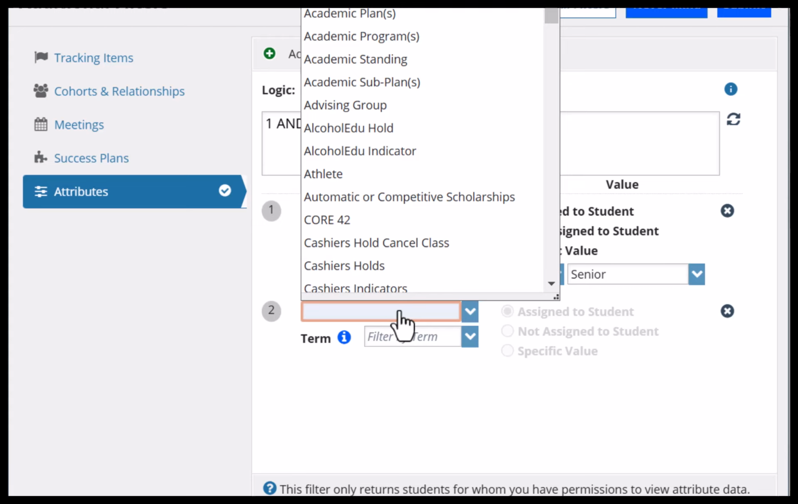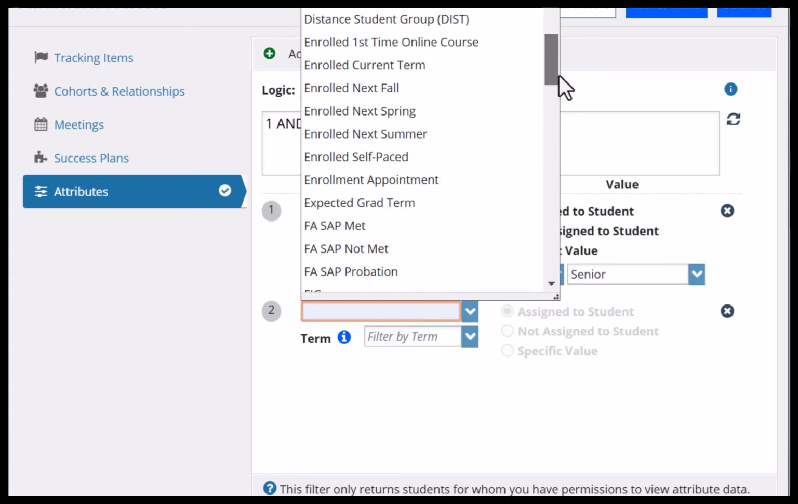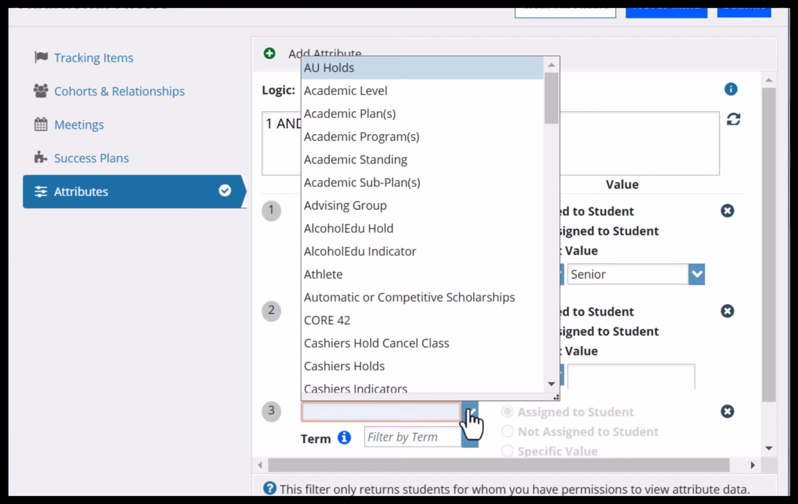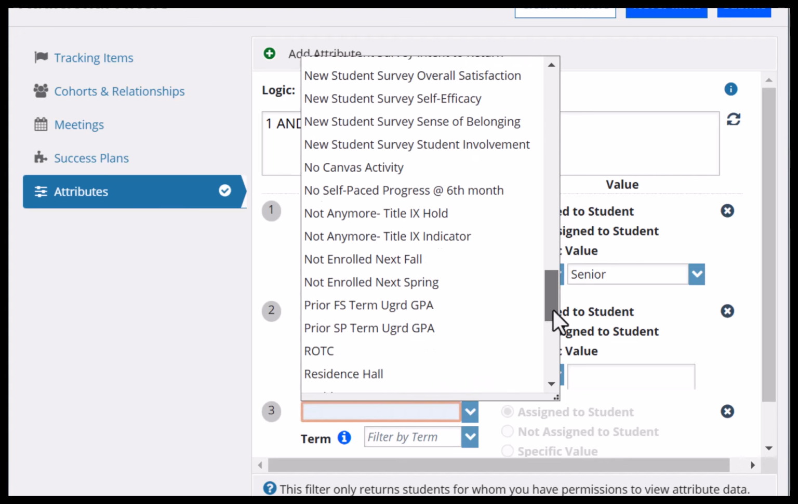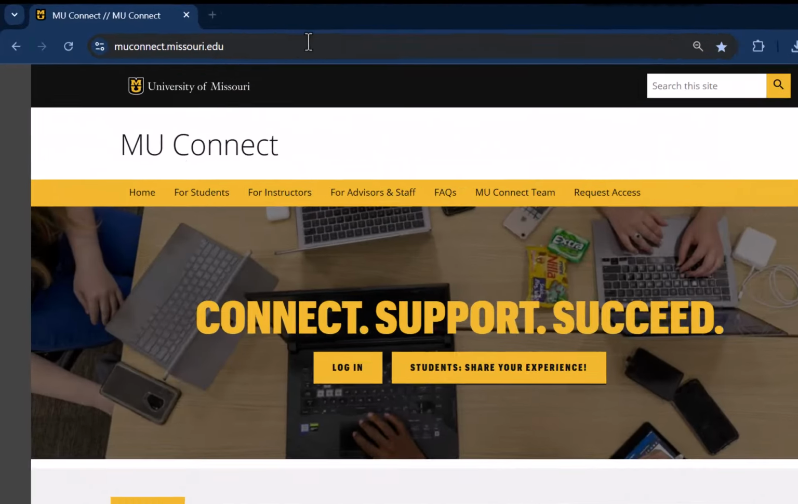list of students. This feature is available on the My Students and Tracking tabs within MU Connect. Adding filters allows you to narrow your list of students based on various criteria, including attributes, tracking items, or success plans. By narrowing your student lists, you can focus on specific student groups, making it easier to provide targeted support and track progress. To get started, go to